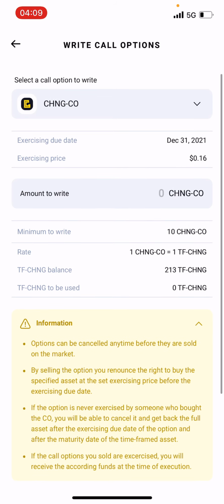We see that for the change call options, we have an exercising due date, which is also the end of the year. Let's make a difference between the maturity date and the exercising due date. The exercising due date is, as the name says, the exercising due date for the call option you are going to write. We also have an exercising price of